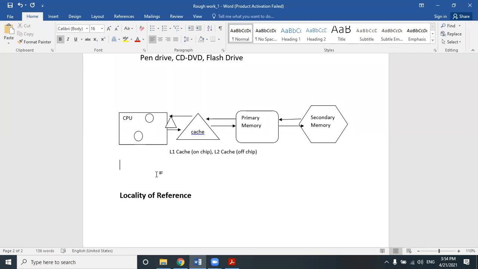Now, at 7 p.m. you have thrown the party, and you are waiting for your friends, and you suddenly get a surprise: your friends came with their family members. Suppose each friend came with 2 family members. So 5 friends times 3 members, including the friend, that is 5 into 3, a total of 15 members came to your party.